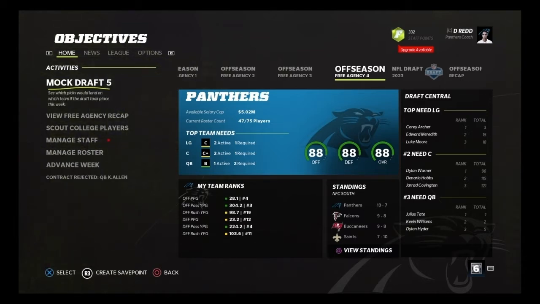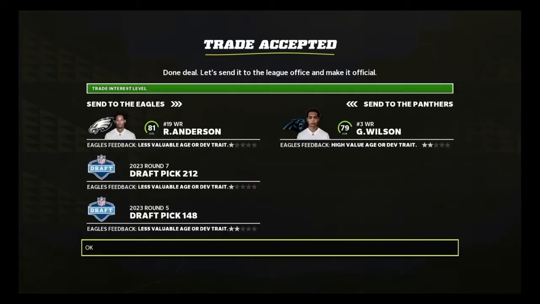Alright, we got a contract rejected by Kyle Allen, but that's no problem. That was the least important position to me. I will simply be picking up a quarterback in the NFL Draft 2023. We have one deal done before heading to the draft, and that is we are sending wide receiver Anderson with